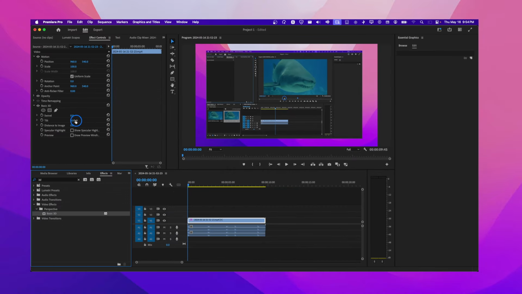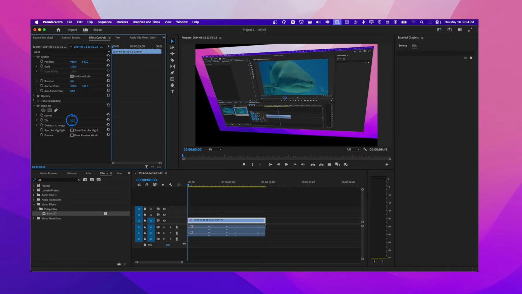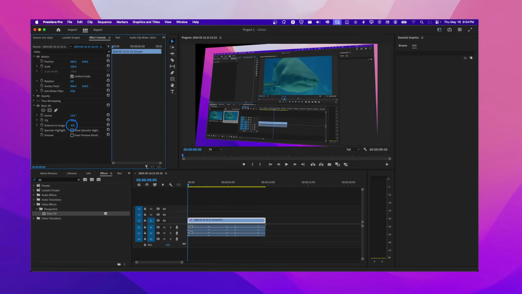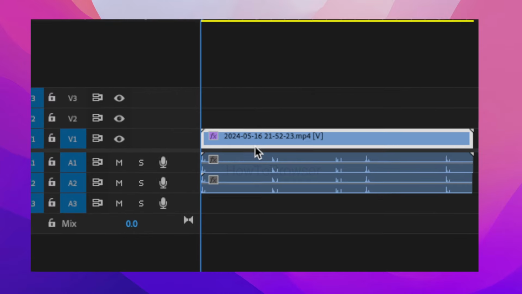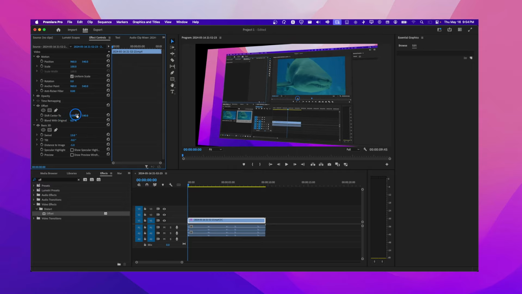Okay, and now we can go here, and I can swivel, I can tilt like this, and then I can increase the distance to image. And now I can go back here and add, sorry, Offset. Drag and drop this one onto your video, but make sure you move it above Basic 3D. Now here I can offset this,